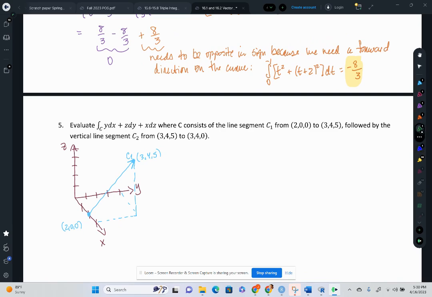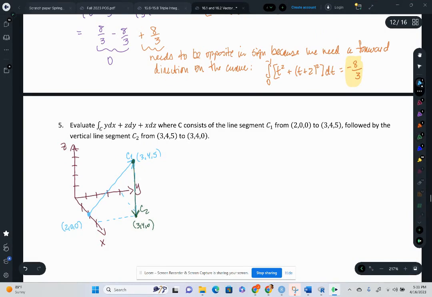Okay. C2 is starting from 345 and then going to 340. So 340, well, that's actually just going straight down back to the XY plane. Okay. All right, so we have our 2. This is C2. I'm going to 340. All right, let's play with C1 first. C1, oops, wrong color. C1 is the line segment that is connected by the 2 points